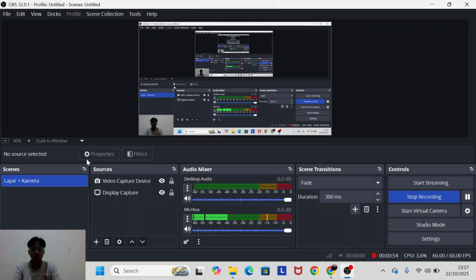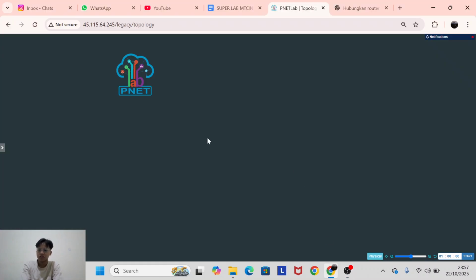I can call it the leader, I think. So a lot of routers connect to one router, and that is what we call the route reflector. Okay, now I go to my topology.